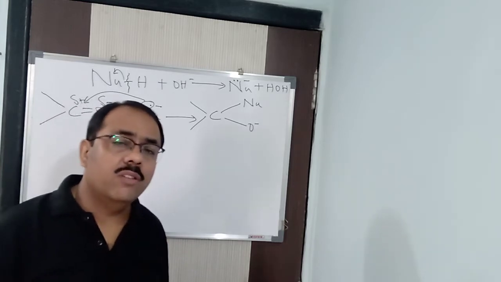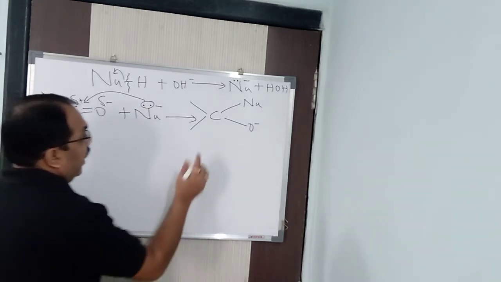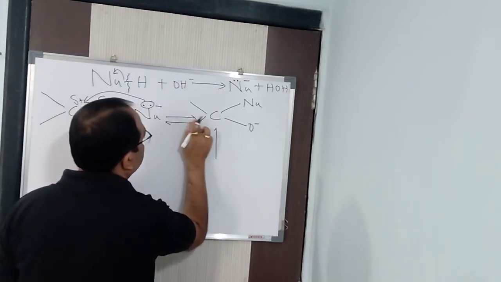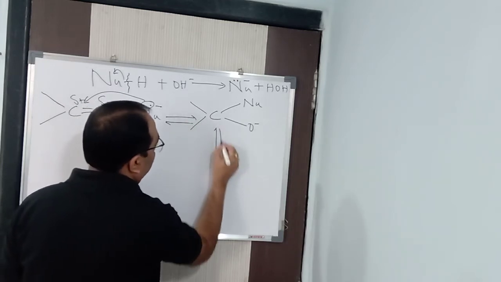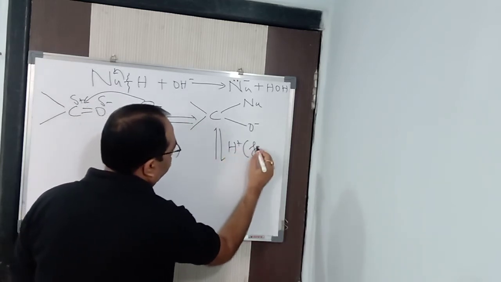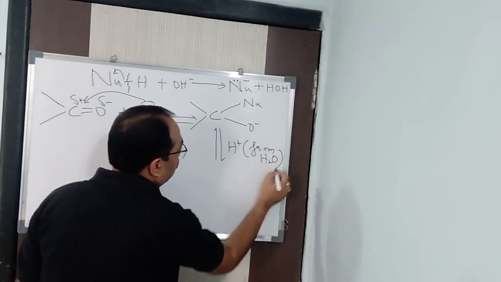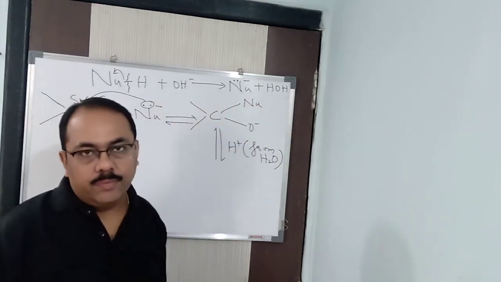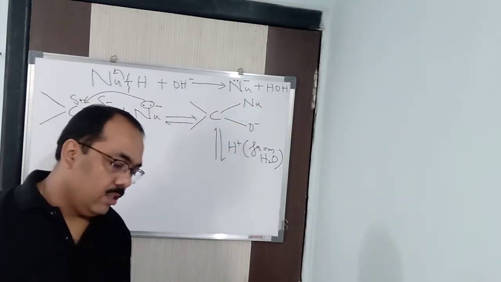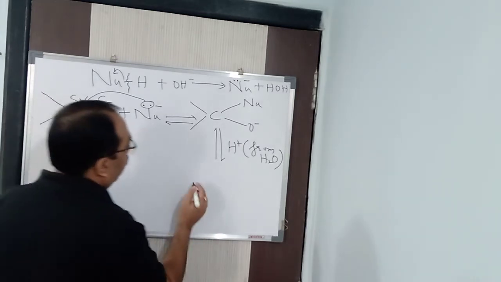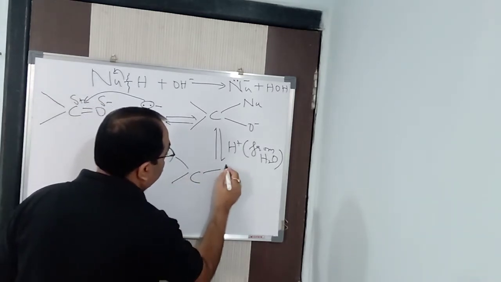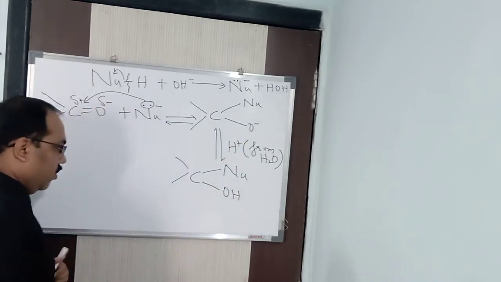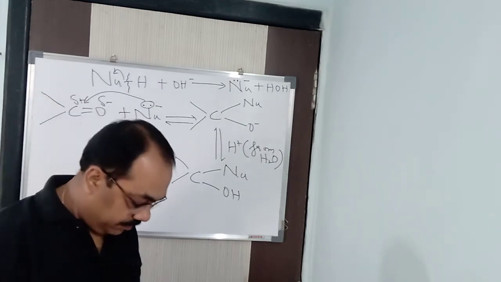Now what you will see is that here again it will react with H plus ion. Now you might be thinking, the H plus ion, where did we get it from? From water. Alright, from water we are getting the H plus ion, because OH minus is absorbed by here, that is water. Got it? And hence from there we are getting this stable compound, Nu, and O minus with the H plus ion gives you OH. Okay, in this way we got the product.